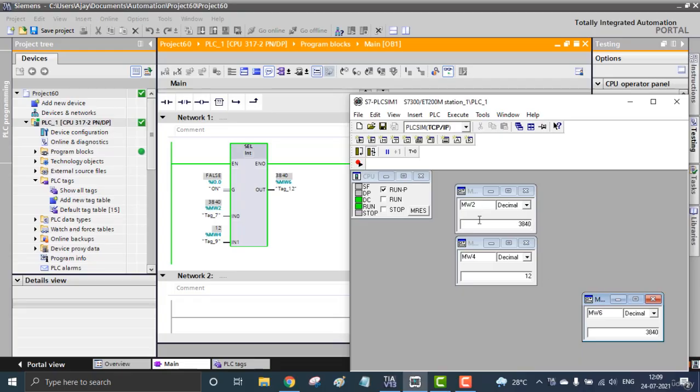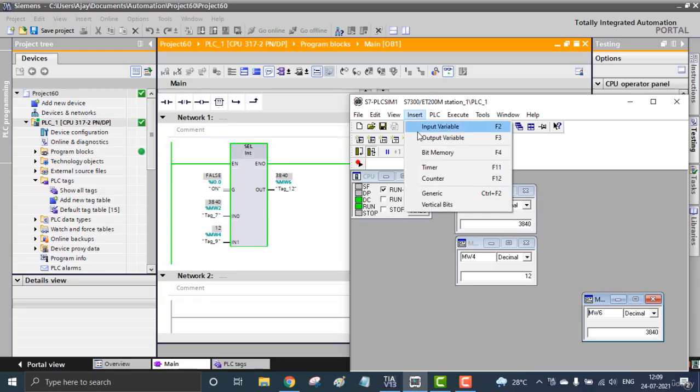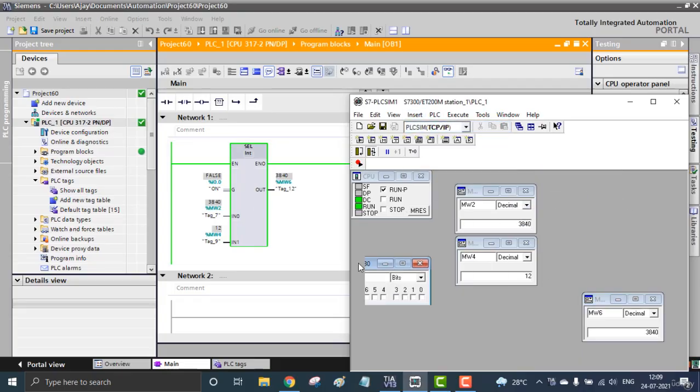And you can see now the input is actually off. You can go for the input variable, the selection pin is off. If the selection pin is on, whatever is inside MW4 should go to the output. If it is off, whatever is inside MW2 should go to the output. That is, in0 goes to the output if the selection is off. If the selection is on, in1 will go to the output. That is the input selection in the Siemens.